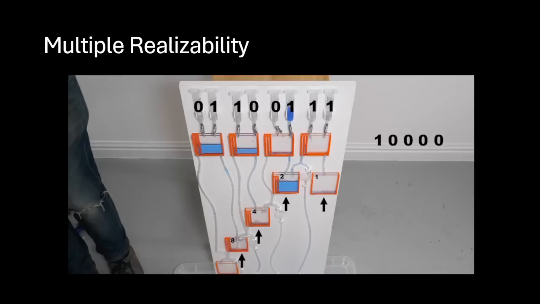Now, I want to touch on something called multiple realizability. I mentioned this a little bit earlier, but I'll give a more thorough explanation. Basically, this is the idea that it's possible to get the same strongly emergent phenomena with different arrangements. And this itself shows that a phenomenon must be strongly emergent, because if it can be expressed in different ways other than fundamental physics, it means that the phenomenon itself must be something apart from physics, irreducible to physics.